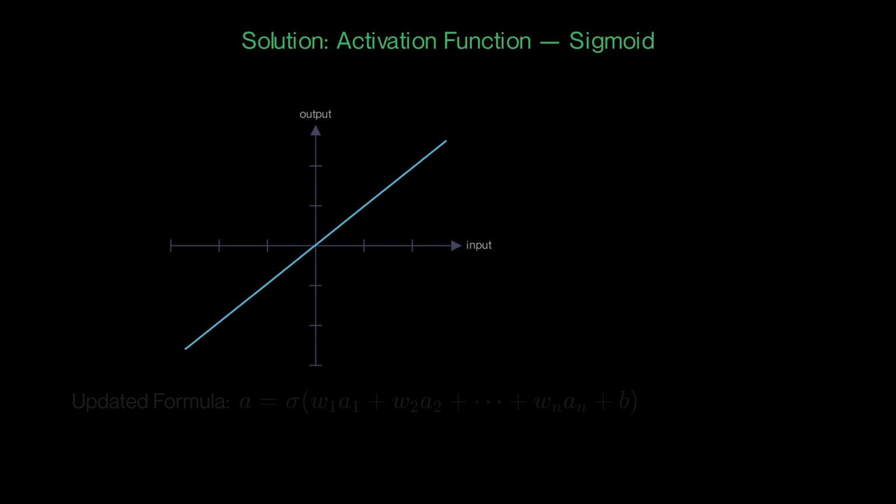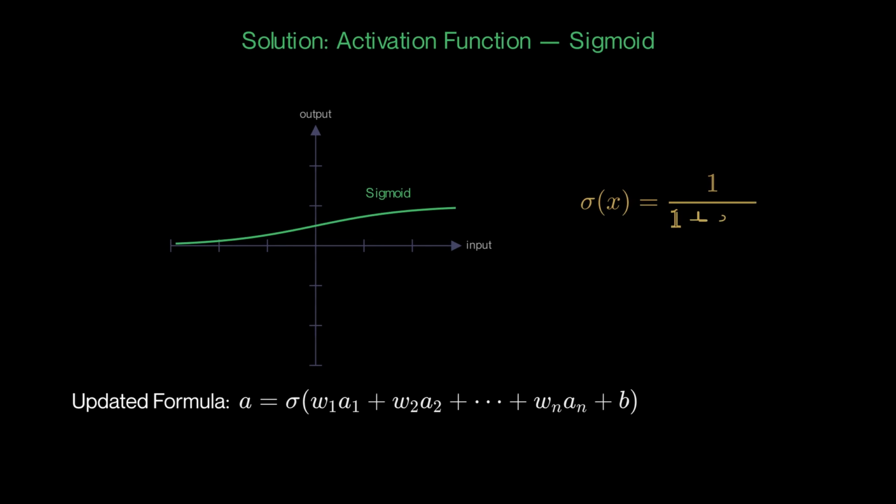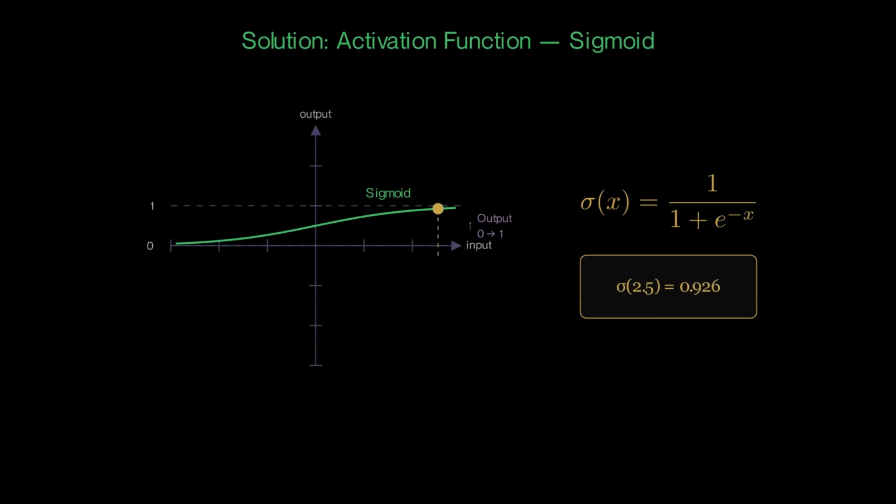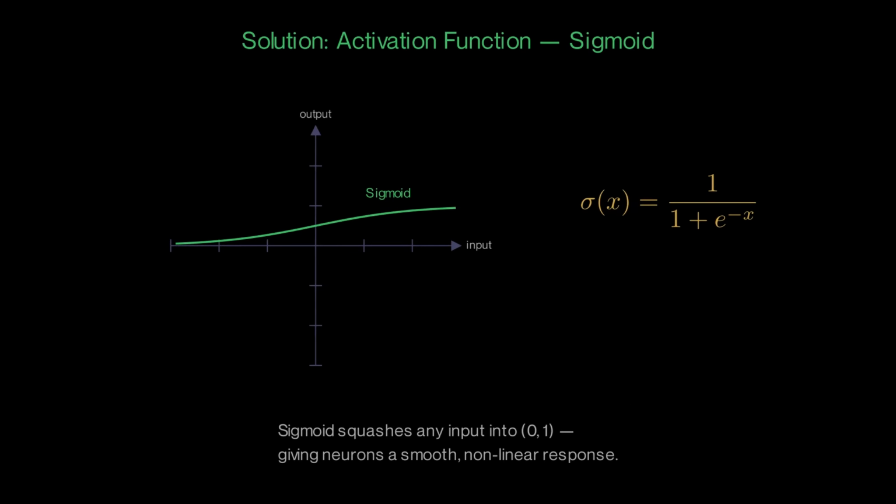The solution is to introduce an activation function, sigmoid in this case. Sigmoid introduces non-linearity by applying a logistic curve. Today's neural networks use better alternatives to sigmoid as an activation function. Okay, we are calculating the weighted sum for one neuron, but in practice, it takes place for all the neurons